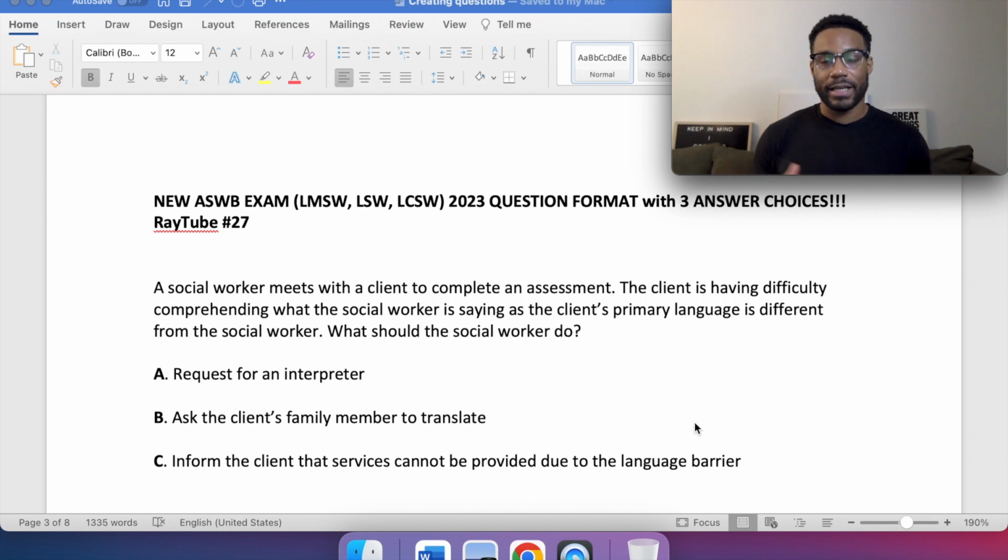Like I always say, doing at least 2 practice questions a day helps keep the exam anxiety at bay. The more practice we do, the less our anxiety is heightened. And also, it gets us really familiar with what to expect on the exam. Still do our studying of actually understanding the information, whether we talk about the DSM, the code of ethics, the theories, the interventions, right? While we're doing that studying, keep doing the practice questions because we want to familiarize ourselves with what it's going to look like and see how the information that we're studying is going to be presented in question form on the exam.